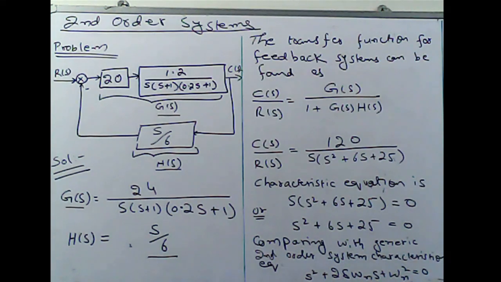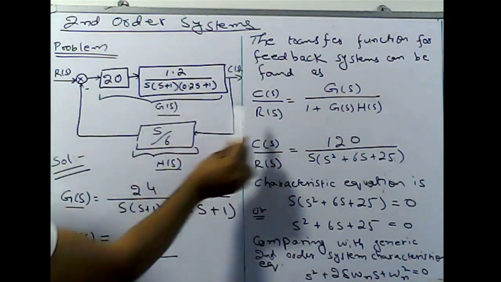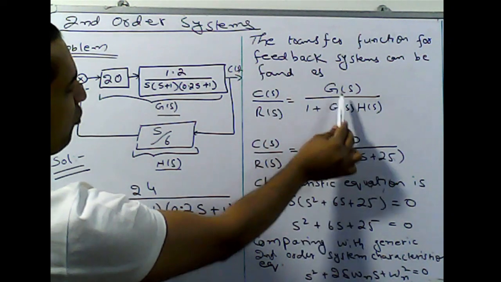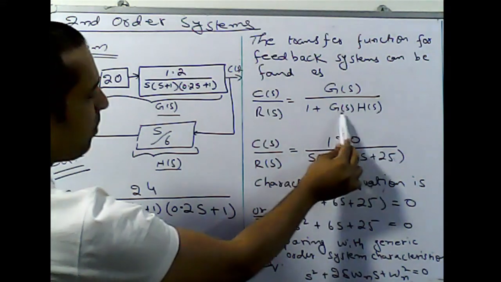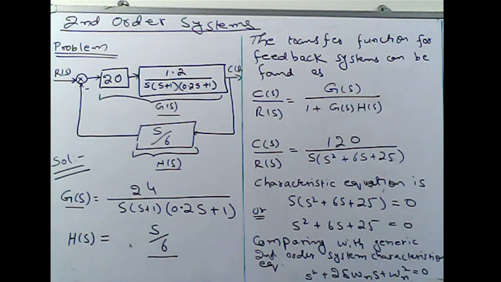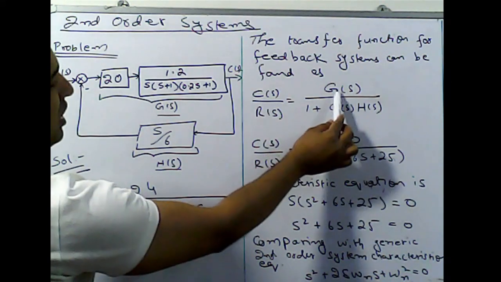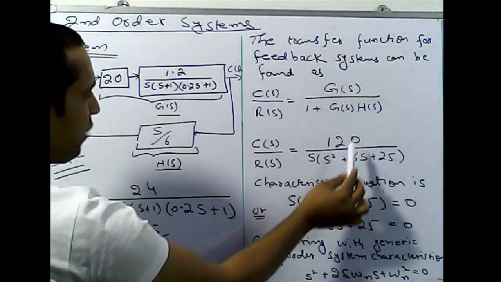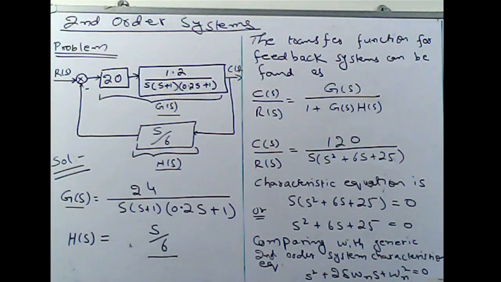Now, using the block diagram reduction techniques to find out the overall transfer function C of S upon R of S, you can use G of S divided by 1 plus H of S into G of S, because this is a negative feedback system. So after putting the equations of G of S and H of S into this equation, we come up with